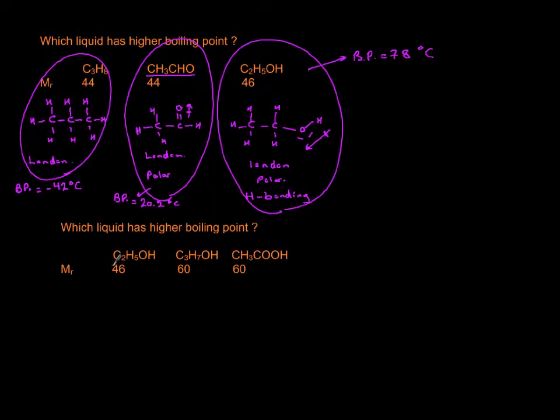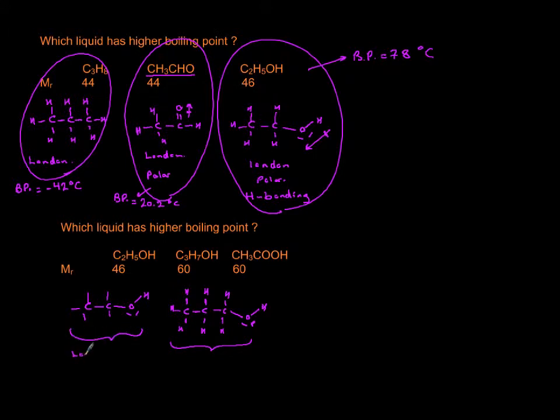Similar question. This time I have two alcohols and one carboxylic acid, and molar masses are also offered. So let's just see what they look like when we do the Lewis-dot structure. So alcohol looked like this. This is the first alcohol. The second alcohol has one more carbon member. They are a homologous series, CH, and then OH. If we slow down here, this alcohol here has a higher molar mass compared to this,